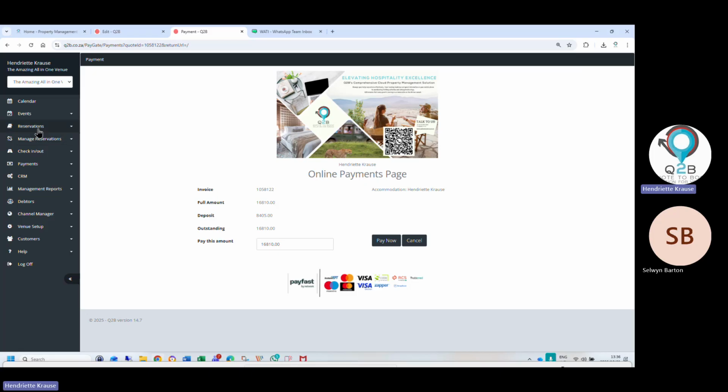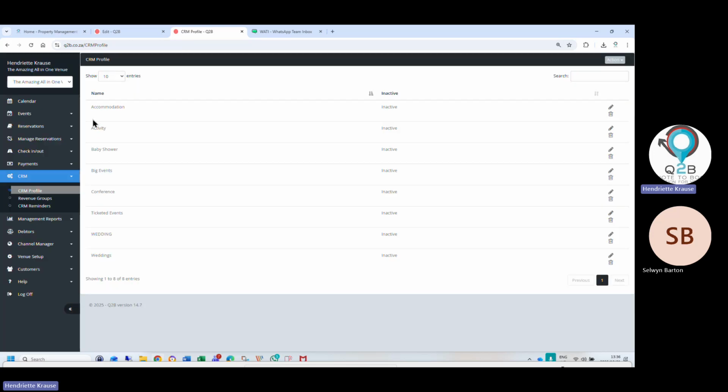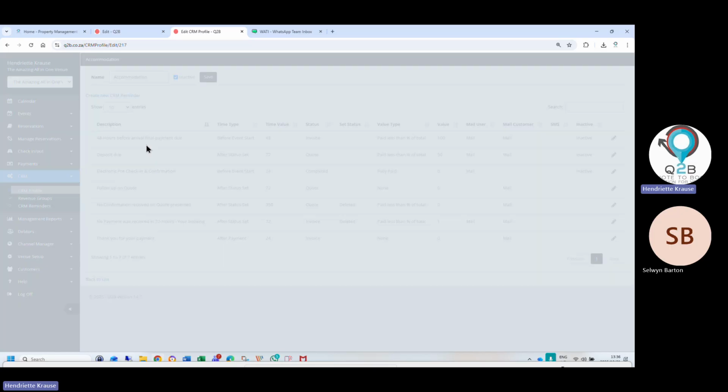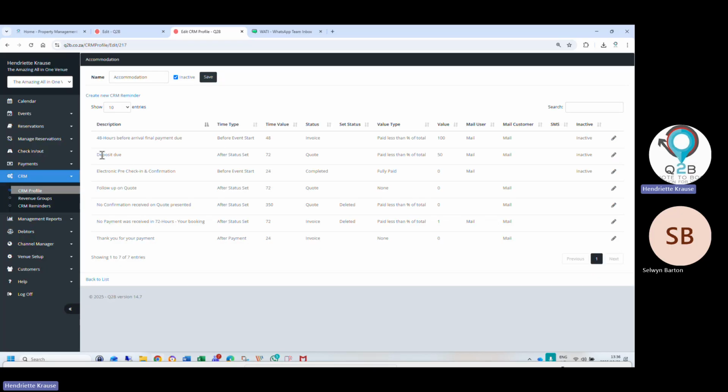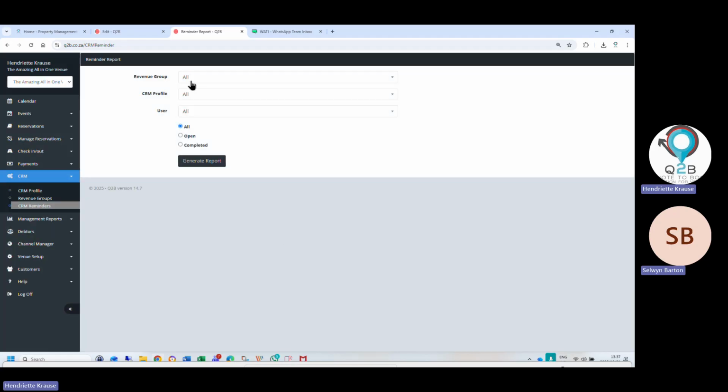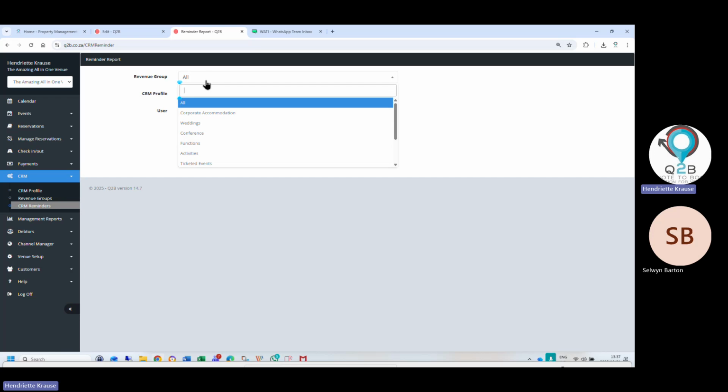Okay. So the CRM system can help you follow up on quotes, follow up on outstanding payments, send out pre-check-in links for you where you don't have to do it, or remind the customer that his deposit is due, send the electronic check-in, anything that you want the CRM to do for you. It actually eliminates a lot of follow-up for you. Then the CRM is almost like reminders. Okay. And the CRM gives you a full reminder report.